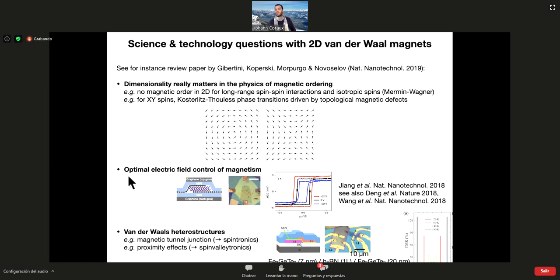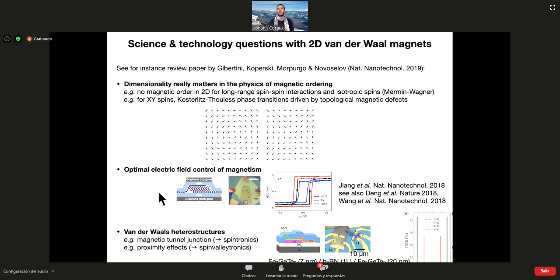It has already been applied, for instance, by Dominique Givord and co-workers some years ago at interfaces, not with 2D materials, but with thin films. But there you can see some examples here. I think, I don't remember precisely, it's with chromium iodide here. You see hysteresis loops strongly modified by the applied electric field in this kind of advanced device that you see here on the side view.